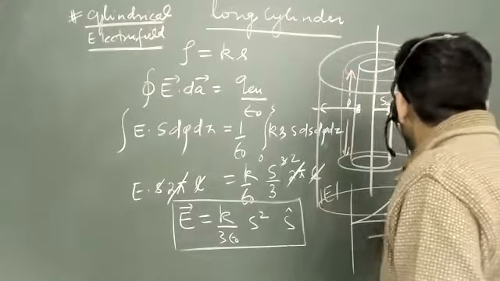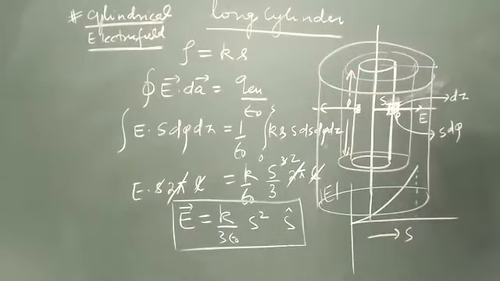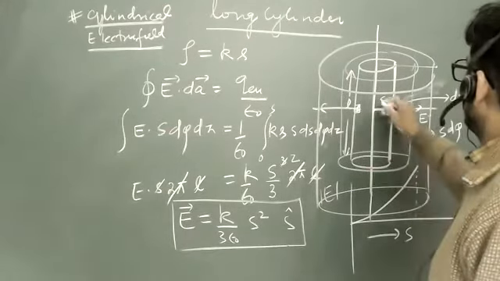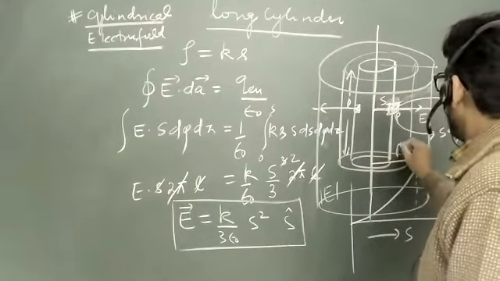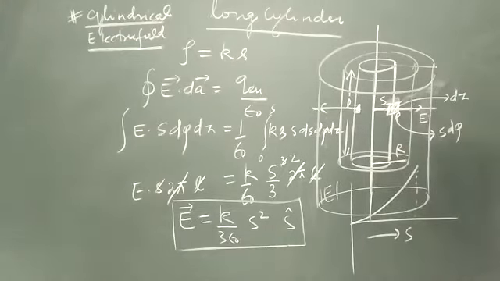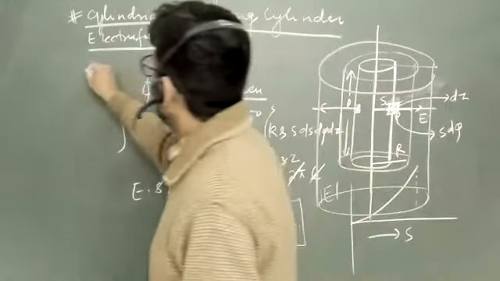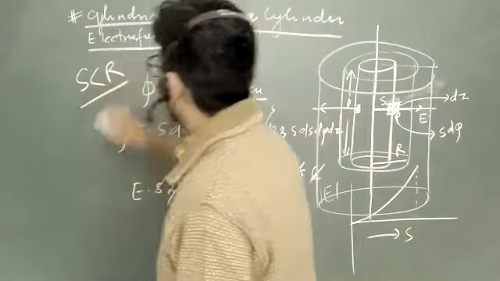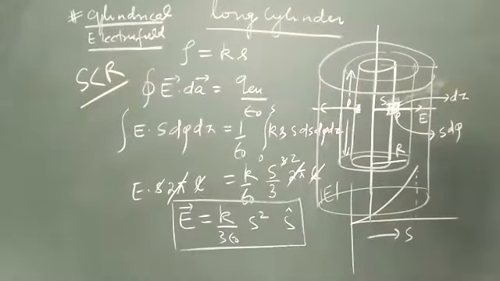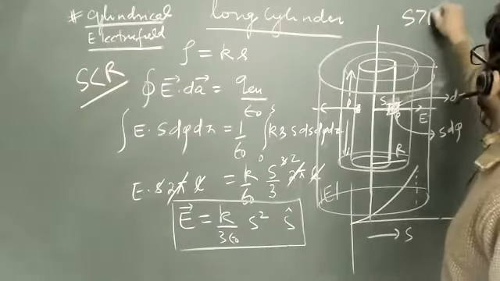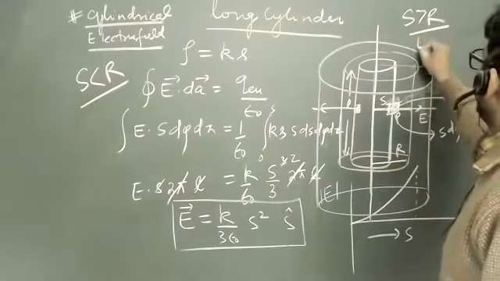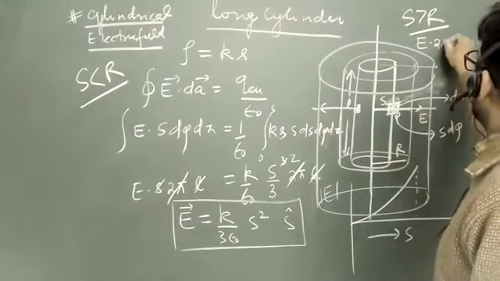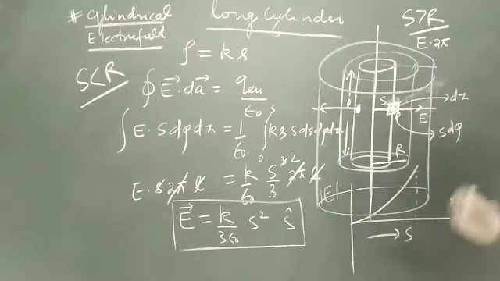Now you are here. That is the common mistake that you make. Now this is the Gaussian surface, and this is your original cylinder of radius R. In the first case you were inside, S was less than R, right? And now you are outside, S is greater than R. So tell me what will happen if S is greater. On this side you will get E into 2 pi, since you are moving on the curved surface.